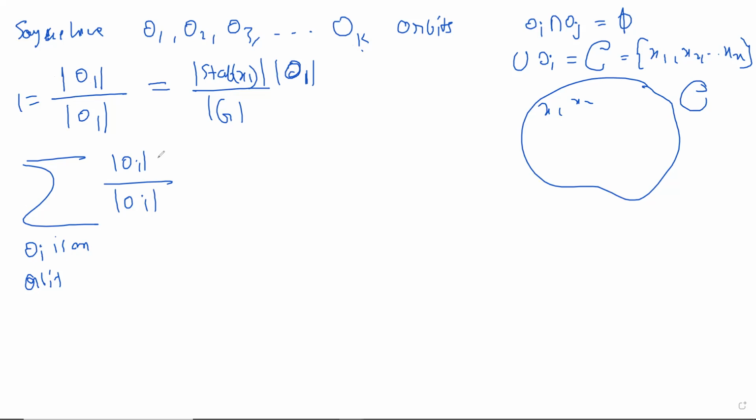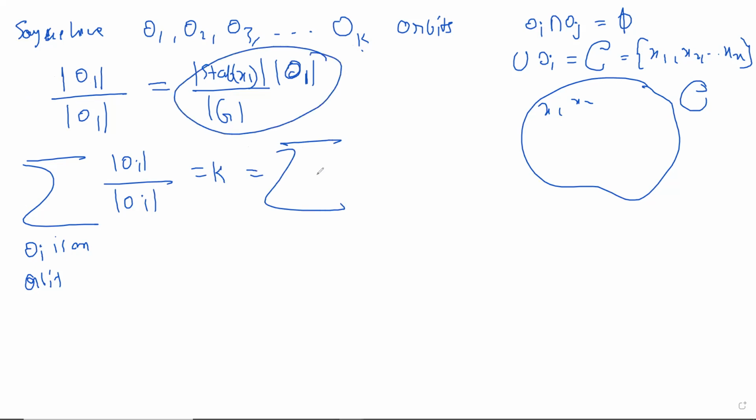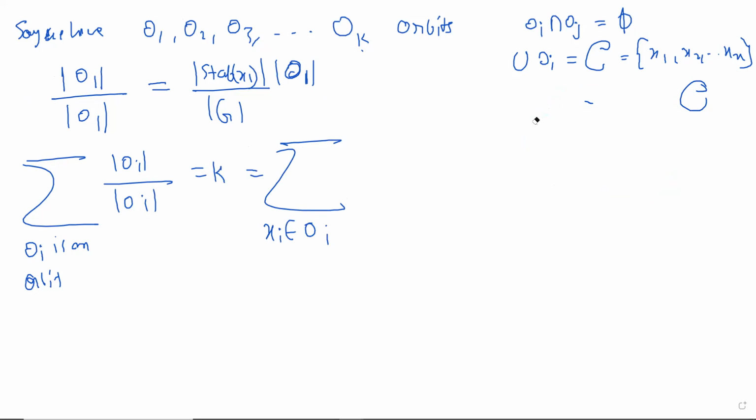Then when I add it over, this thing will become K. And I'll get that in terms of more interesting things, which is what I'll get on this side. Here xi is in orbit I. Anything you can take in orbit I, it will work. I'm not proving that. I can prove it, but under conjugation and so on, so that's new things.